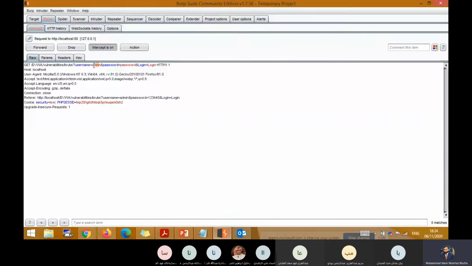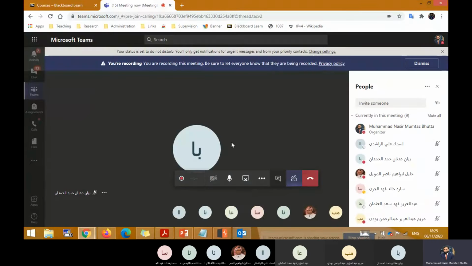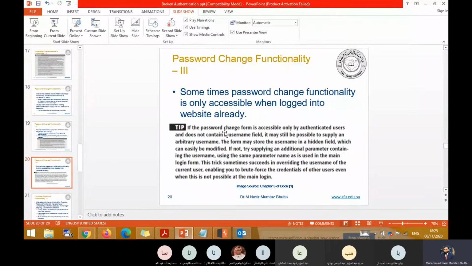But can I change the username here or not? Same situation like hidden form fields. Yes. So even if the website is not allowing you to change the username at that place, you can capture it in the proxy and change your username, whatever username you want. So this is another situation. Depending upon how the website which you are going to hack works, you can apply this technique. Up to here, clear, students?